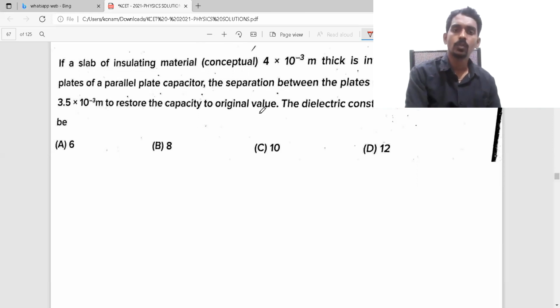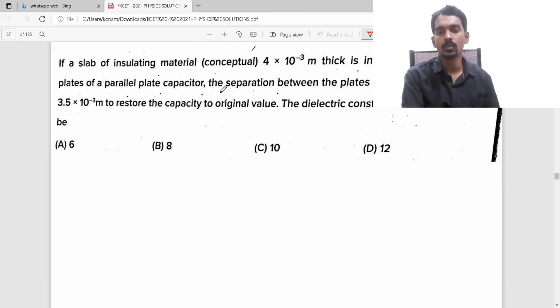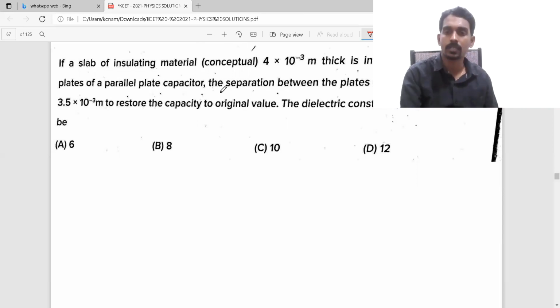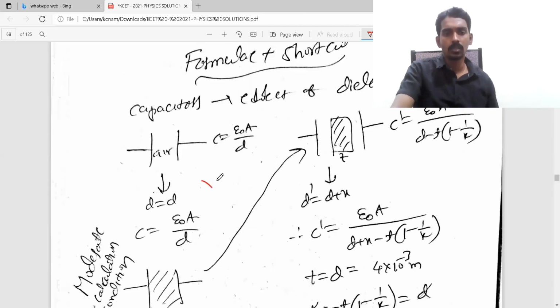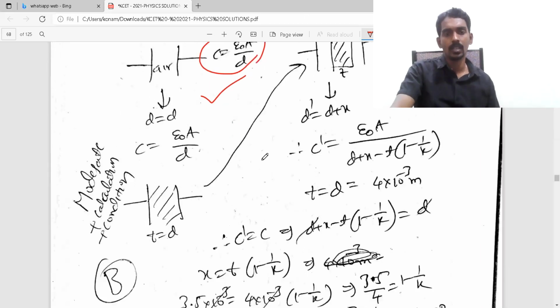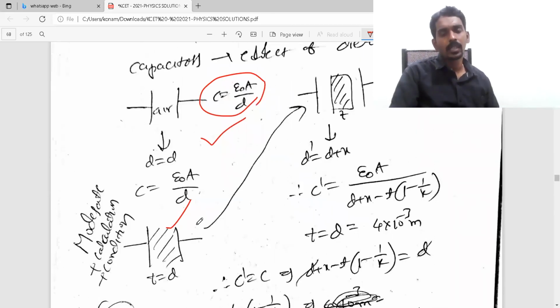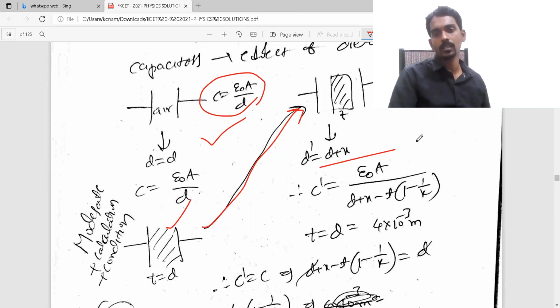But here they are asking to get the same capacitance, so what do you have to do? You have to reduce the capacitance. How can you reduce the capacitance? By increasing the plate separation, and they increased it by this much. So that's why the condition we will take is like this. This is with A, the general formula for capacitance. Now you introduce dielectric, then it will become epsilon naught A by D into K. But after that, you increase the plate separation such that the new plate separation is D plus X. Initially it is D, now D plus X.